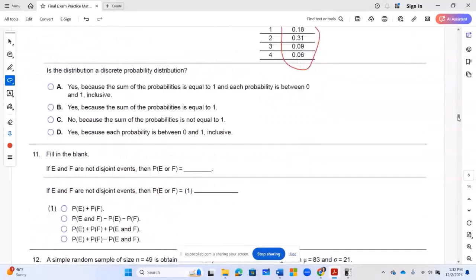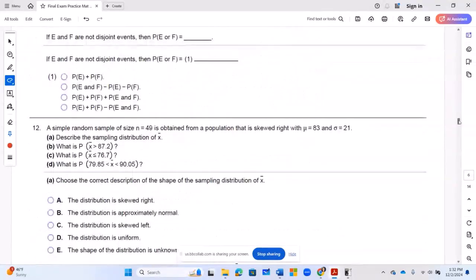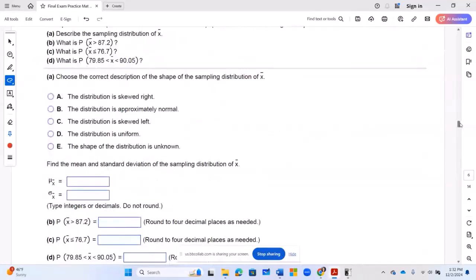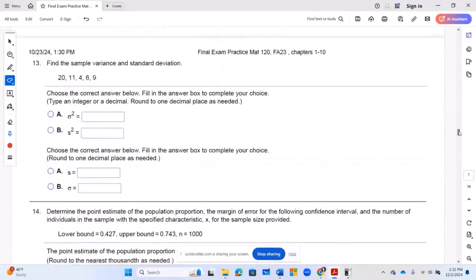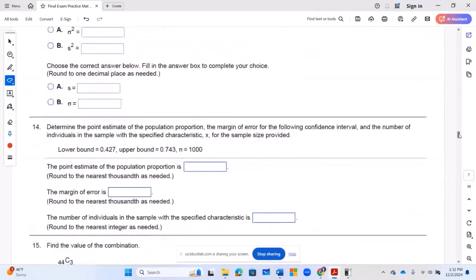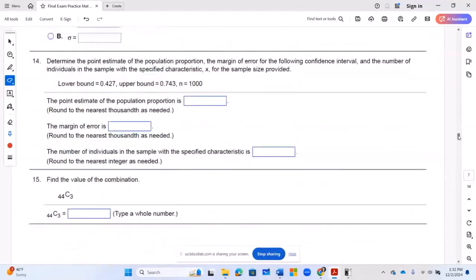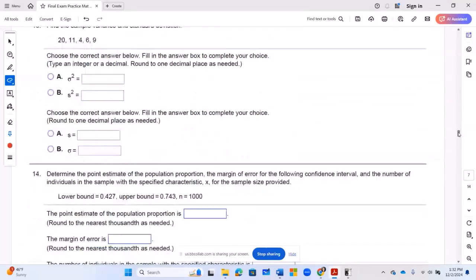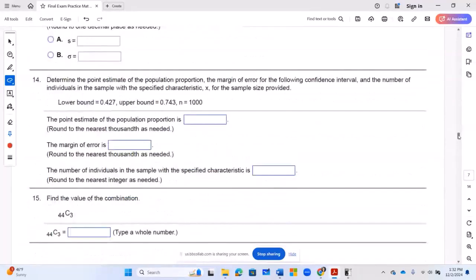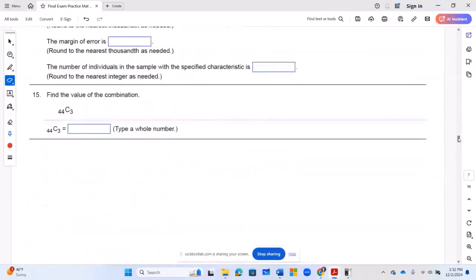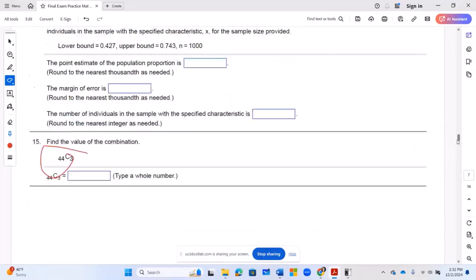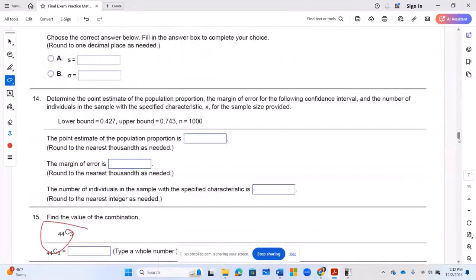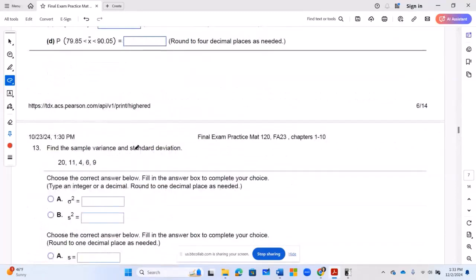And the questions so far, I don't really think I need to do all of them. Trust me, I'm not trying to spoon feed, because we have actually done a lot of them. We did the hypothesis testing. We just did it the other day. We did the confidence interval. Remember how to calculate combinations. If you use your calculator, that is going to be good. Remember how to find